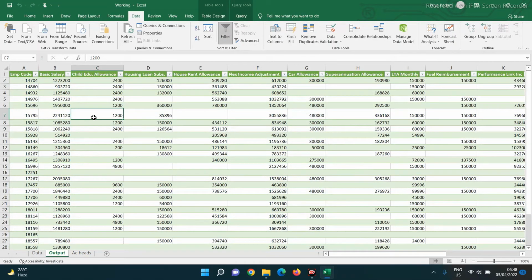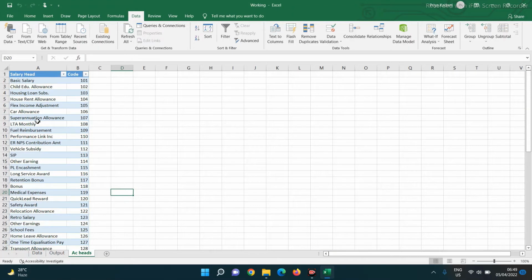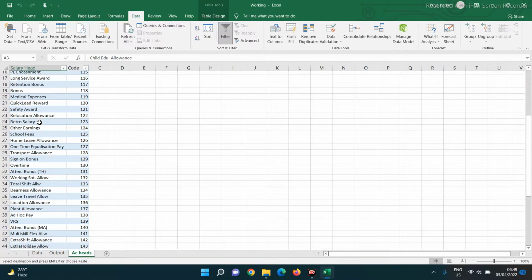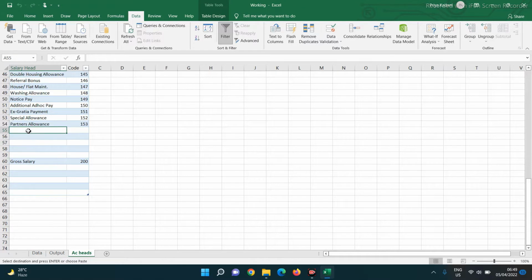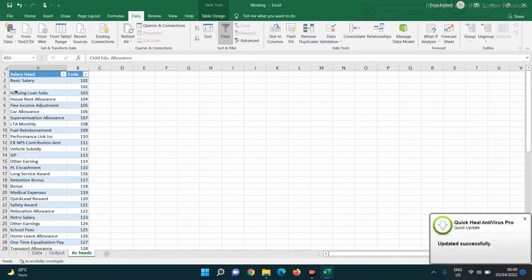So this is the format. In column A, employee code, then basic salary and so on. In our output, we need, suppose, basic salary as the first column, then education allowance. So this order you can mention in this sheet, which is appearing here. If my second item is child education allowance, suppose I cut this item and put it at the end,